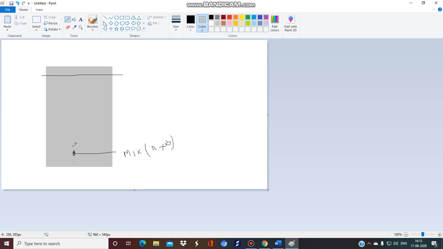When you run this plate, the chromatographic phenomenon is achieved, and due to this the compounds get separated. Suppose this is compound A and here is compound B, and at this point you have stopped your TLC plate. From this point to this point is known as your solvent front value. This is the solvent front value, this is the distance traveled by spot A, and this is spot B.